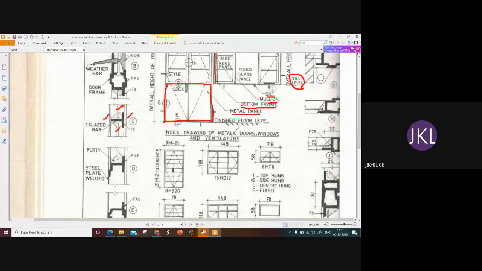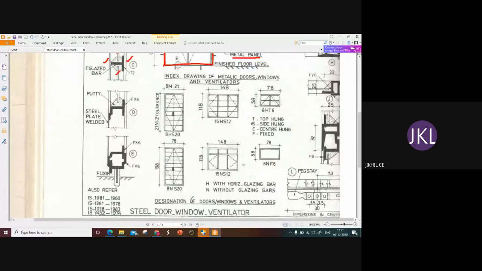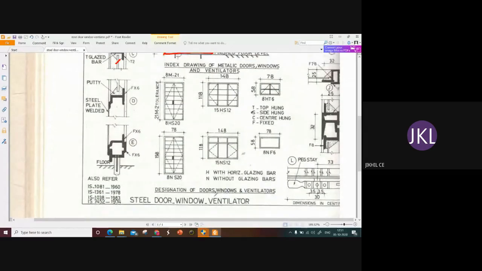And about the designation of the doors, windows, and ventilators. We know approximately the height of a door will be 2.2 meters, 198 centimeters, and width we can vary. It depends on the type of door. Normally for the main door we provide 1 meter, and less is required for bathroom doors and other small rooms.